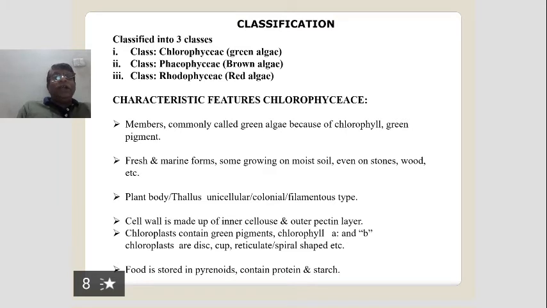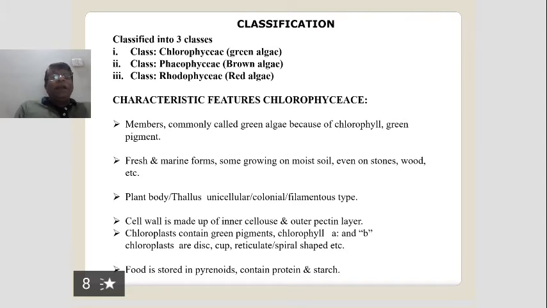It is the green pigment, hence the name green algae. Next, the class Phaeophyceae appear brown color, hence called brown algae because of fucoxanthin pigment. The members of the class Rhodophyceae